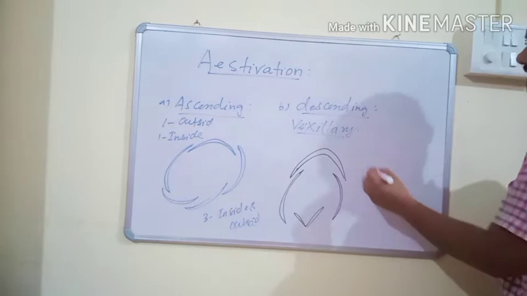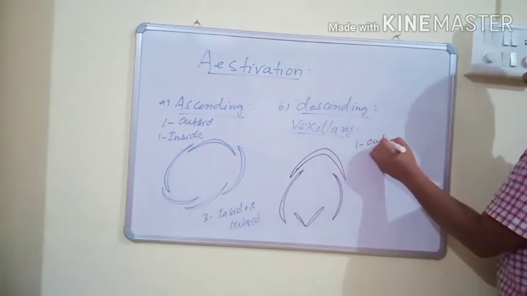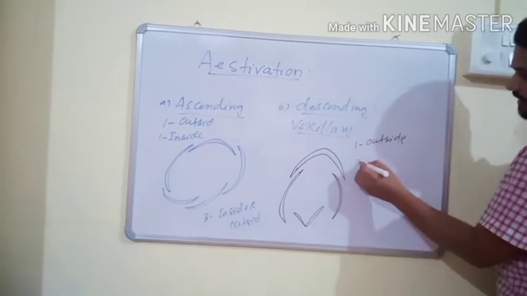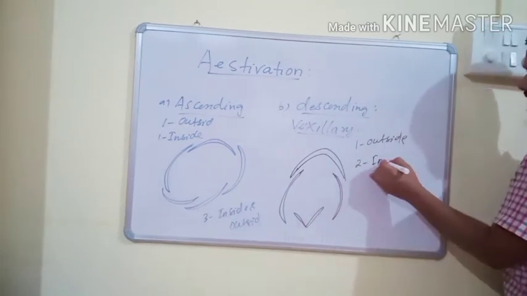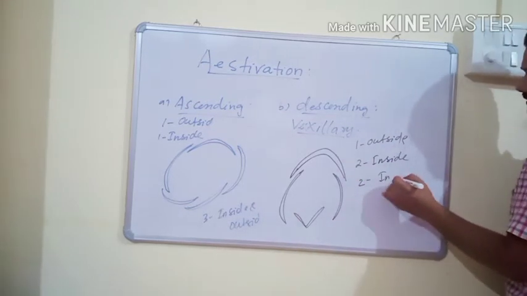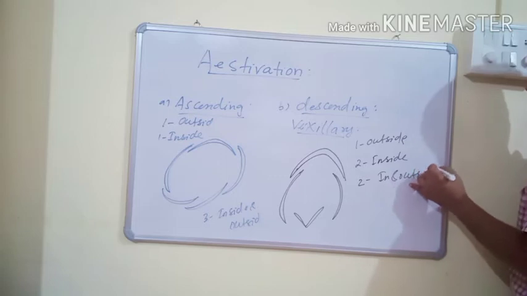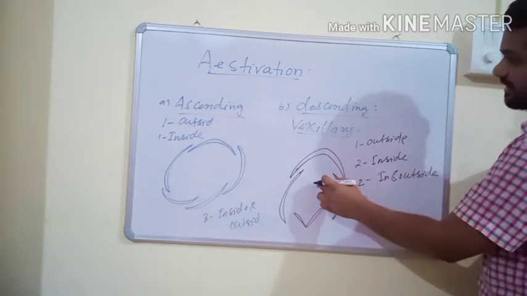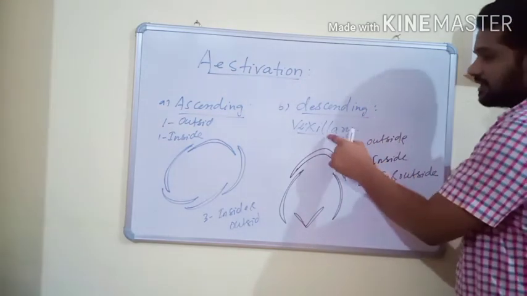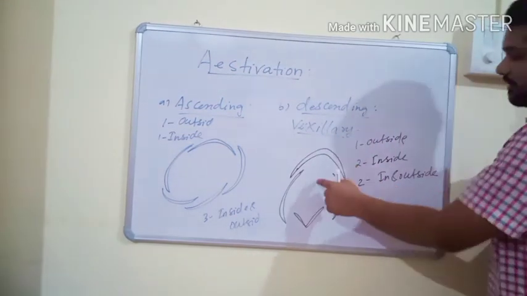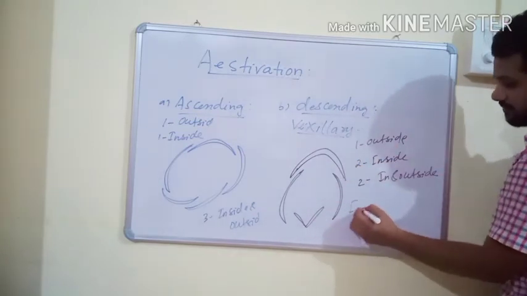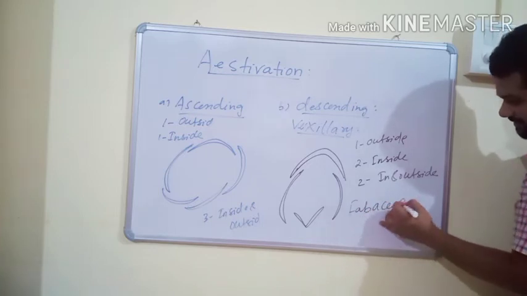In this estivation, one petal is totally outside. This is totally outside, and these two are fused, and these two are totally inside. The remaining two petals are partly in and outside. This type of estivation is called descending imbricate. Descending imbricate is also called vexillary estivation. Usually vexillary estivation is the arrangement of Papilionaceous corolla. It is found in family Fabaceae.